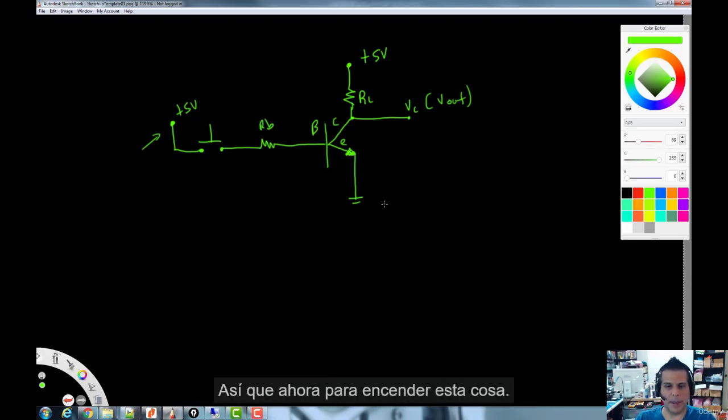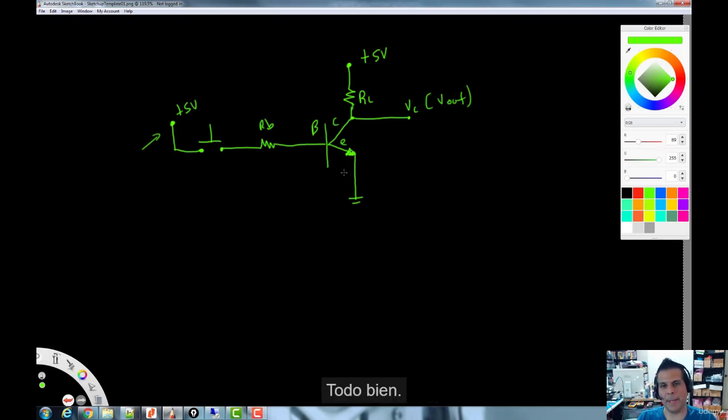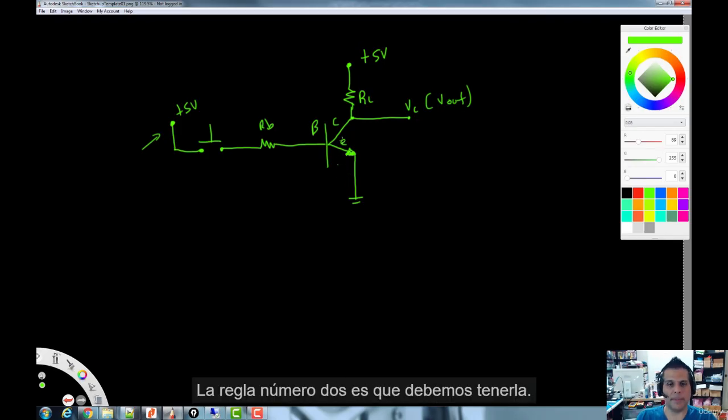Now to get this thing to turn on, the rules are that we need to forward bias this base emitter junction here. We're going to forward bias this by at least 0.6, 0.7 volts and turn that on. Rule number 2 is we need to have